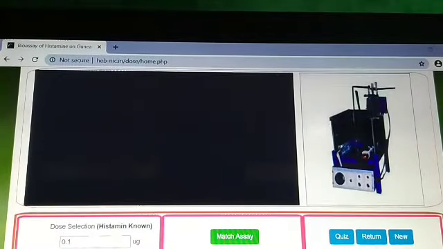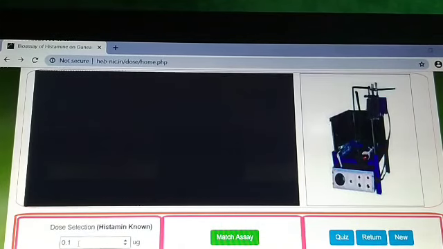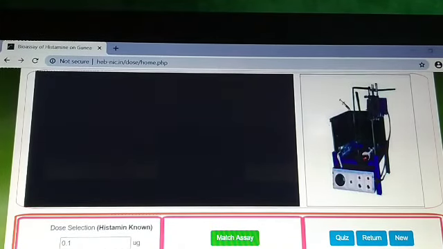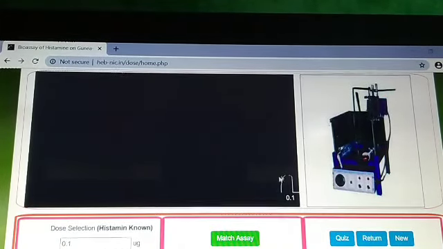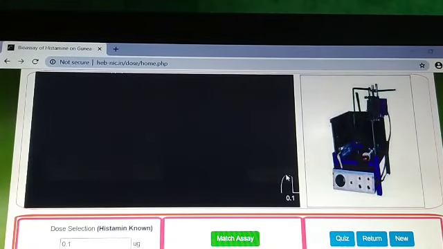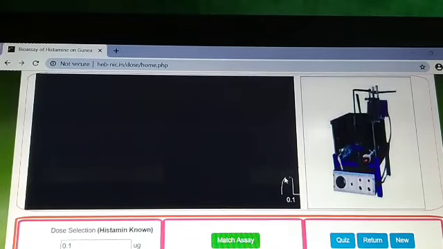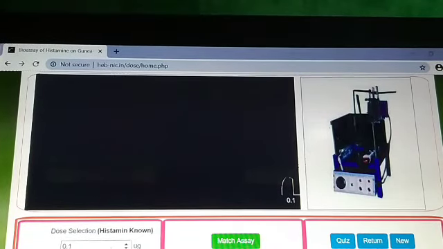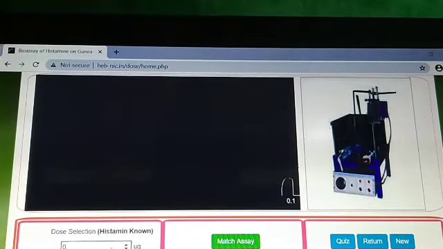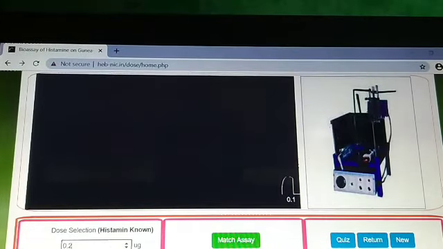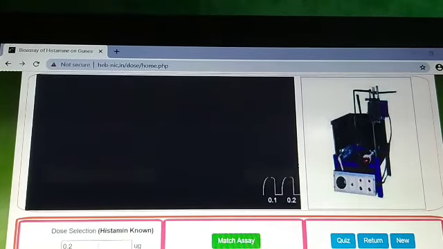Here we will inject first 0.1 mg of drug, inject it. So there is a reading on the kymograph. This is the response height for 0.1 mg of drug histamine. Then we will double the dose, 0.2, we inject it, another response,